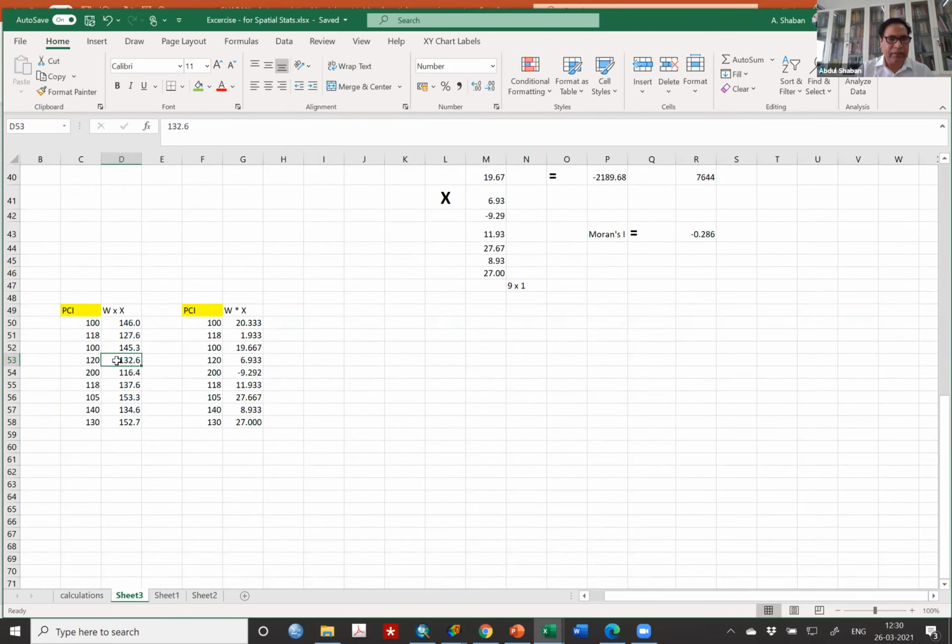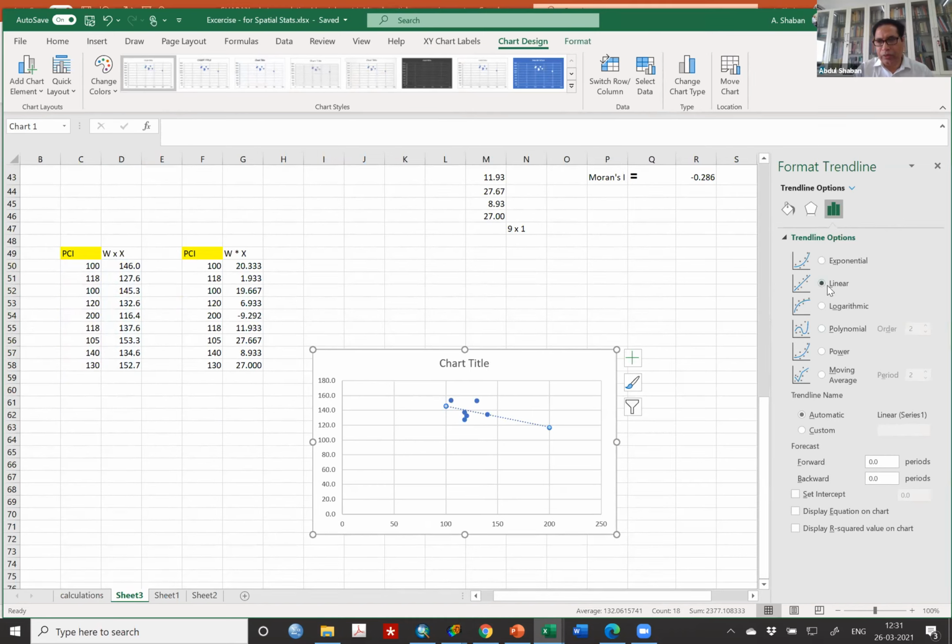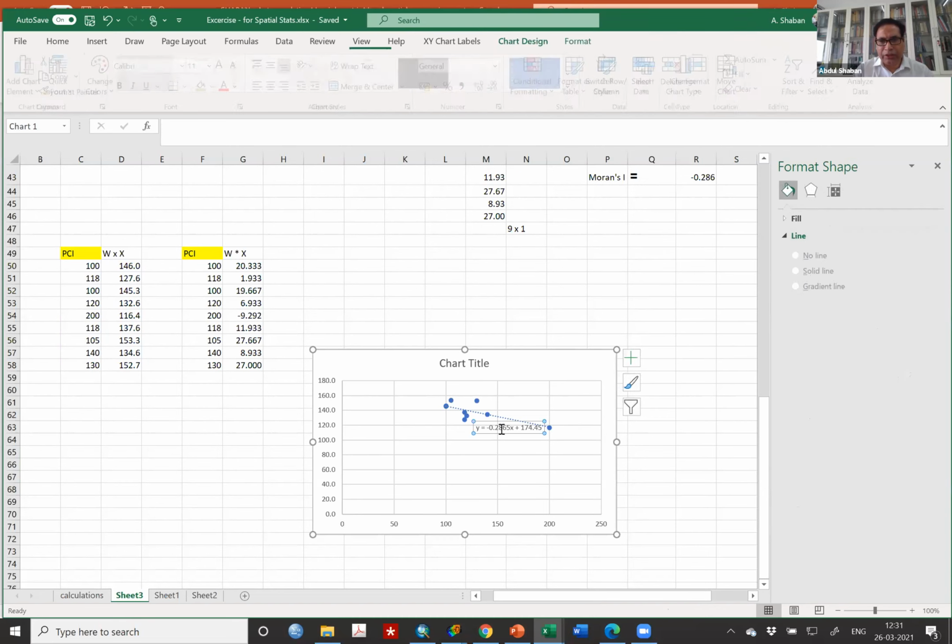Now I'll go to insert. Slope I need to calculate. It is easier to calculate slope from the scatter diagram. So I go to scatter diagram and I select this one, and this plotting comes. Now, as you know, click on any dot and right click, and I say trendline. In the trendline, it opens, you have to do linear. And you say display equation, that is enough for you. If you say display equation, this equation comes here.